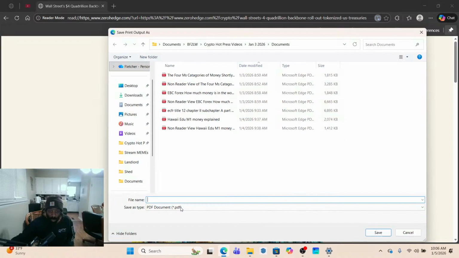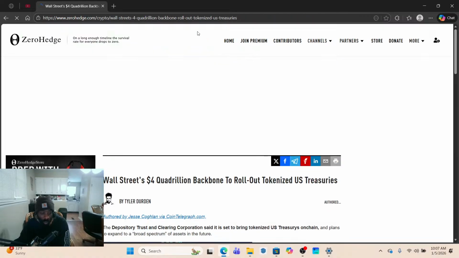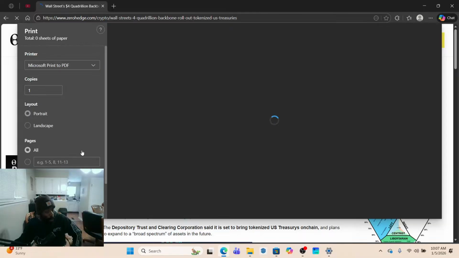So then this is going to be titled 4 quadrillion dollar rollout of tokenized US Treasuries. When you save this, it's going to give the date and it's a PDF. Then we're going to try Control P again to save the website, and it's going to be called non-reader view. And the purpose of non-reader view